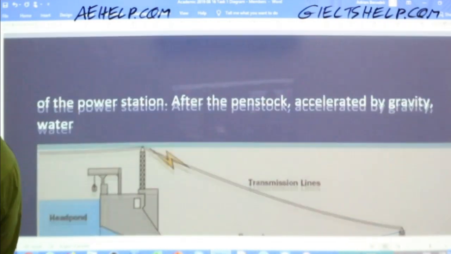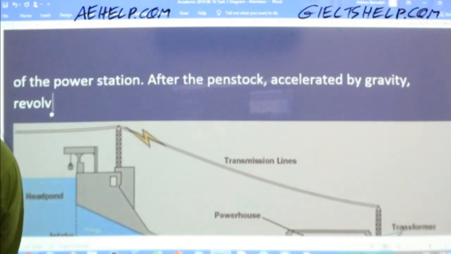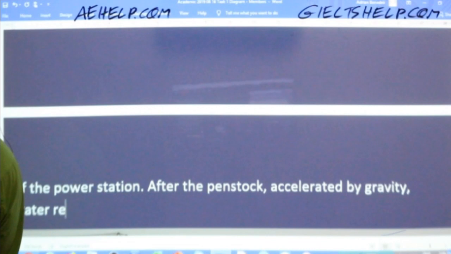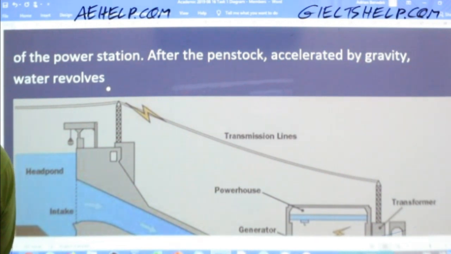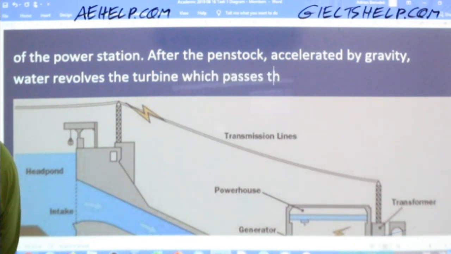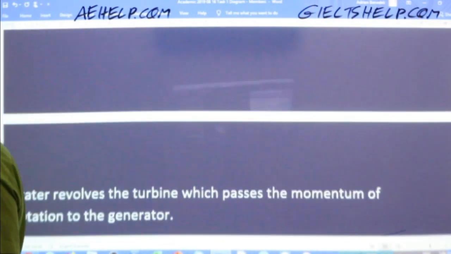So after the penstock, accelerated by gravity, water revolves the turbine, which passes the momentum of rotation to the generator. Okay, so